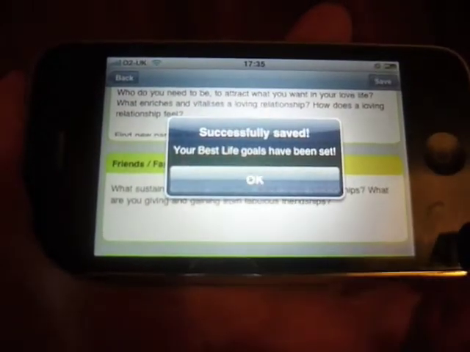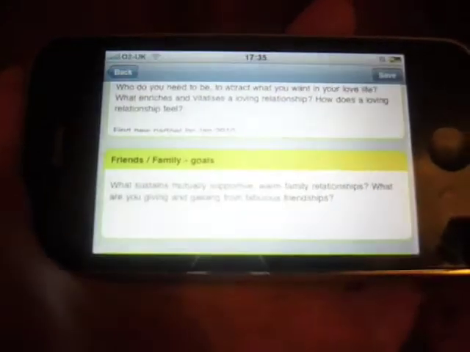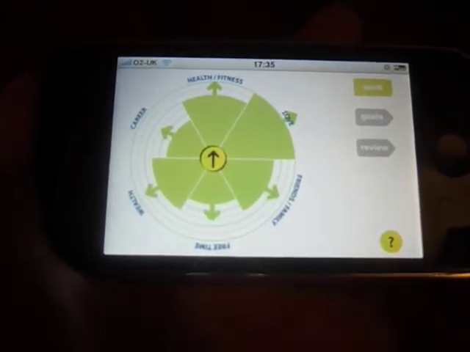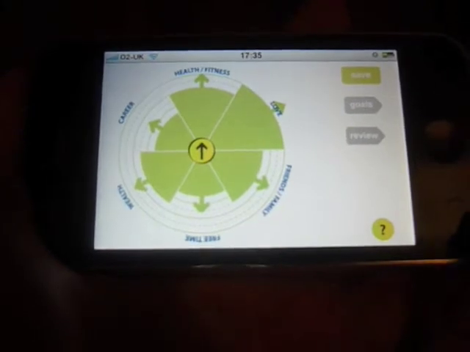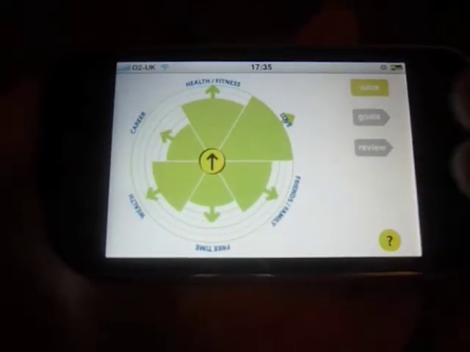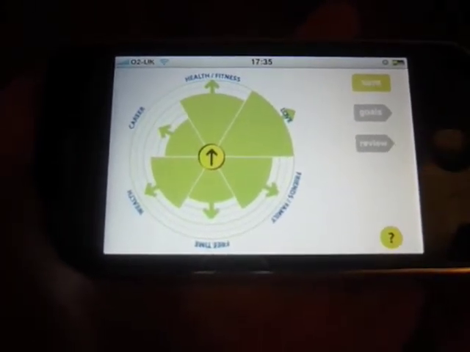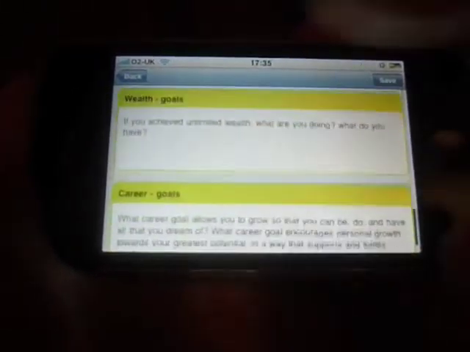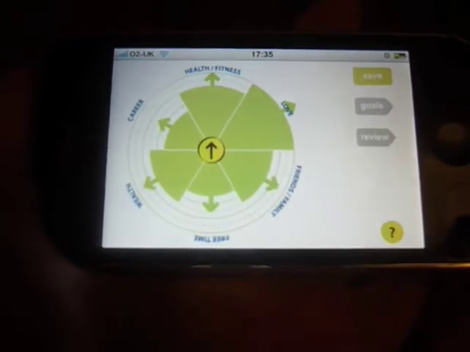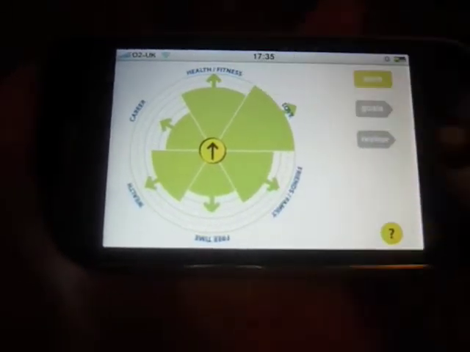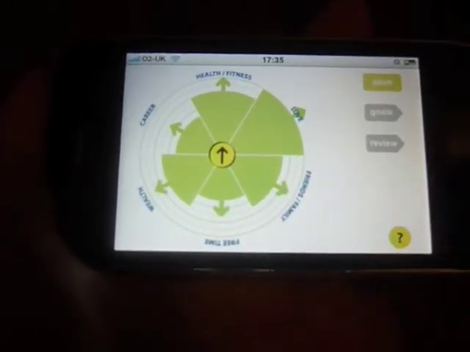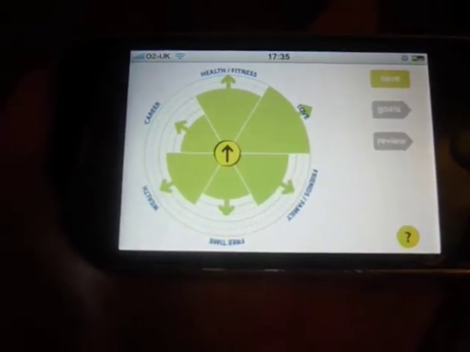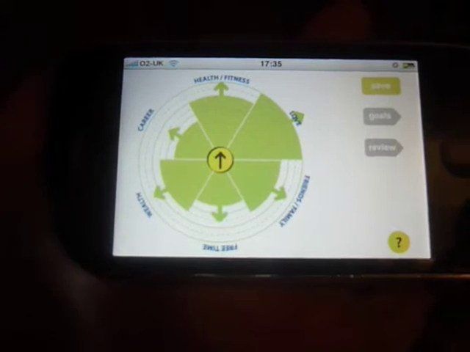Okay, so there we are. That's saved successfully. That's great. So you can go back over time. So basically, you're building towards that bigger goal through different actions and things. So that's just a reminder. You can go back to goals at any time and look at your goals and revise them, adjust them, etc. I'll stop this here, and we'll come back to this in a moment, where we've got more wheels produced, and I'll show you how you can actually see that growth.